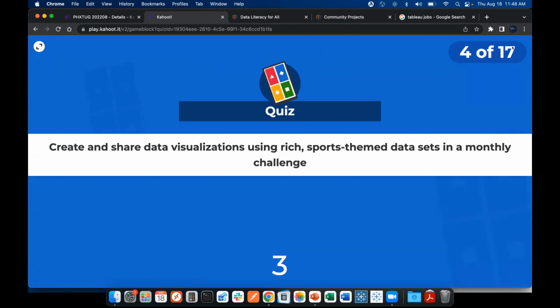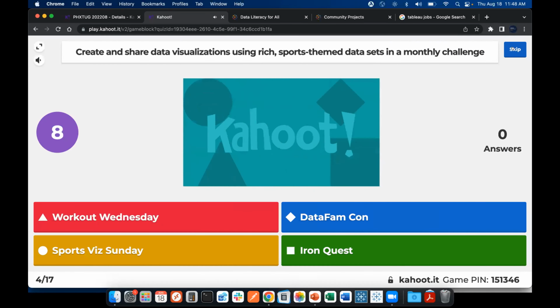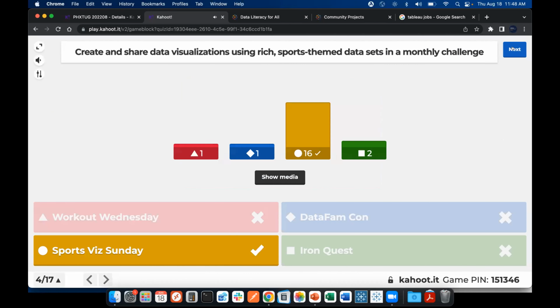All right, next one. What is this one? We create and share data visualizations using rich sports themed data sets in this monthly challenge. Absolutely, Sports Viz Sunday. So if you're a sports enthusiast or a fan, do check these out.